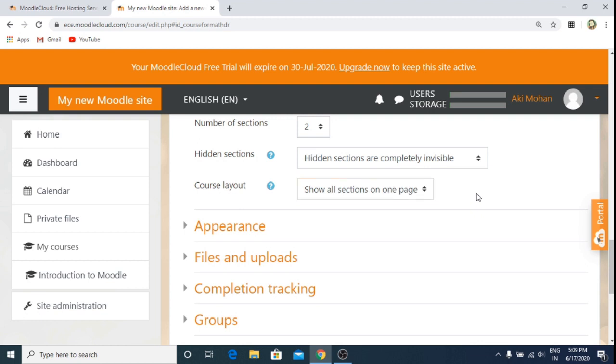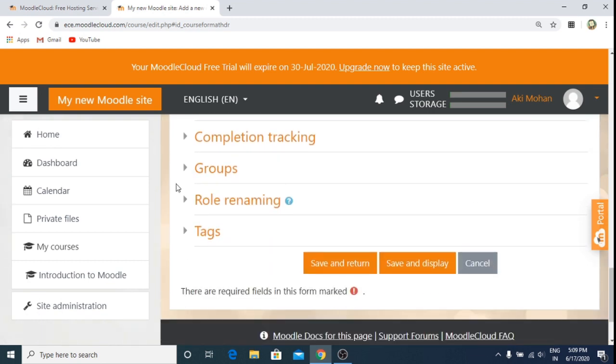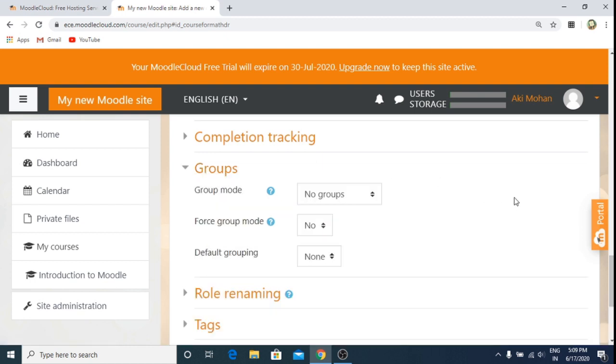So moving on to this groups icon here. Since we have not added any students to a group and we have not grouped, so we don't know actually what this group is. We'll be adding students and group in the later part. I'll just explain what is this group.